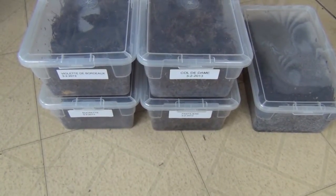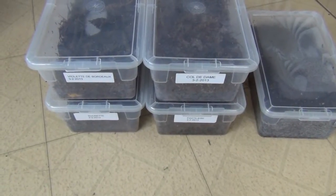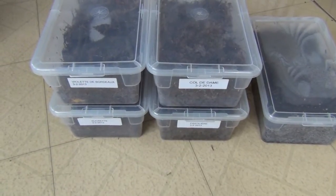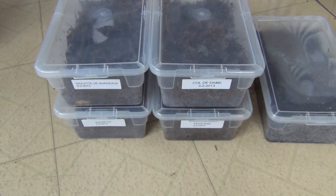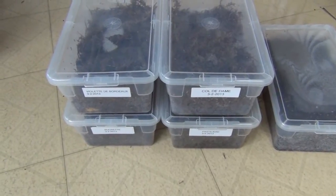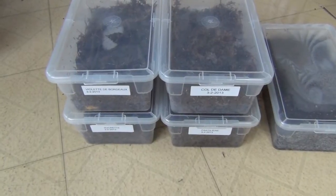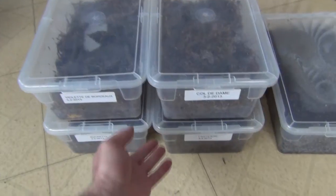New England Gardening. Today's Friday, March 22nd, and a number of my cuttings that I received from UC Davis on February 28th are starting to root in the bins with the sphagnum moss. They went in the bins on March 2nd. So it's been 3 weeks, and some of the cuttings are showing some good